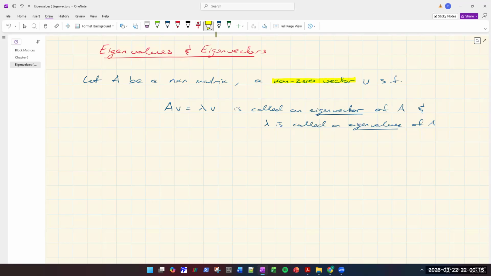So you're not allowed to pick the zero vector because, again, the main equation we are looking at is this: